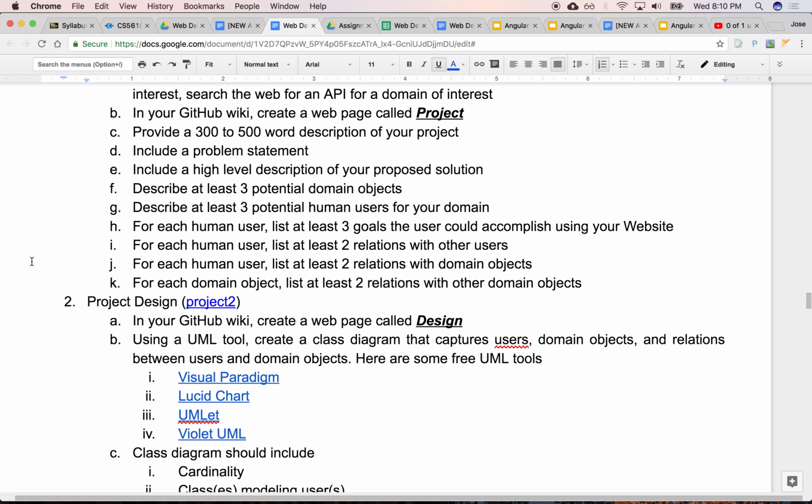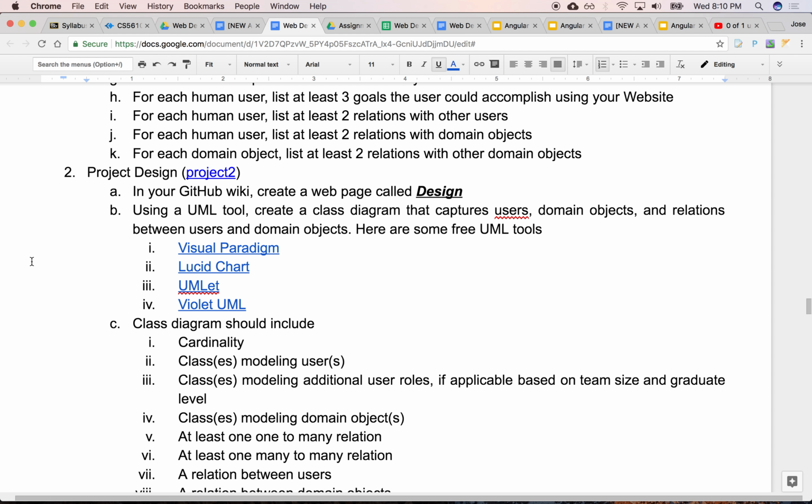Then the second one, 2 weeks later, is going to ask you for a design document. It's going to ask you to create a class diagram describing all the objects that you're going to be storing in your database, and all the relationships between these objects. One really nice tool for doing this is Visual Paradigm. You're going to use Visual Paradigm to create a UML class diagram that's going to list all the classes for the object models, the relationships, and the cardinalities, meaning how many of one and the other are participating.